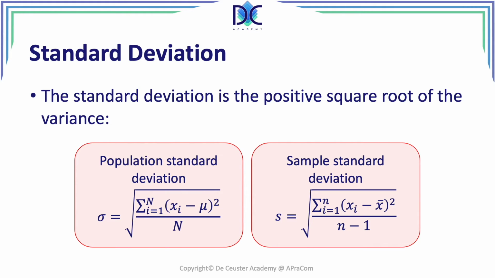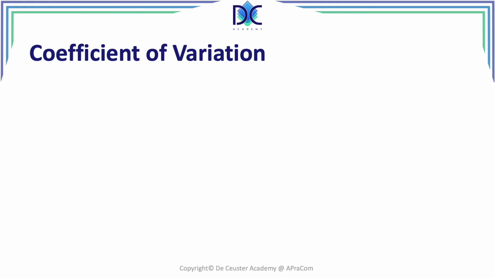It's a very important parameter, because it shows the average distance from the data points to the average. That's what we're going to use to define, for example, the normal distribution, which is a very interesting distribution based on two parameters, the average and the standard deviation. We also define what we call the